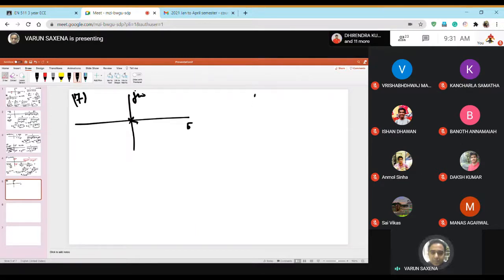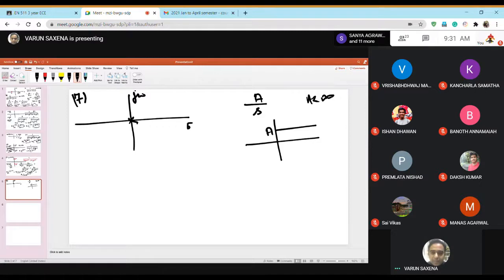So basically, if it is this, then you know that 1 upon s has an inverse of u(t). So your time domain representation is a constant value, which is 1. And if you had something like A over s, then this value is going to be basically A. And it is bounded so long as A is less than infinity. It is a bounded value, right? So if you have a simple pole at the origin, it will still remain stable.